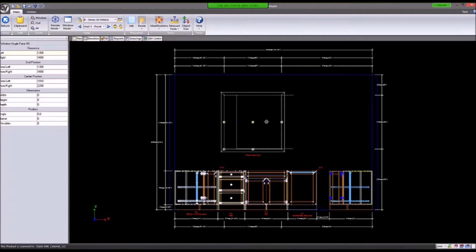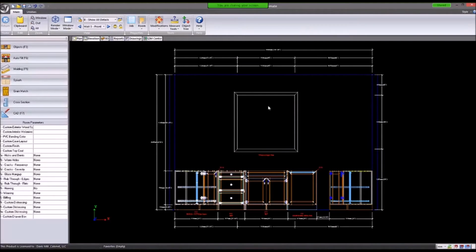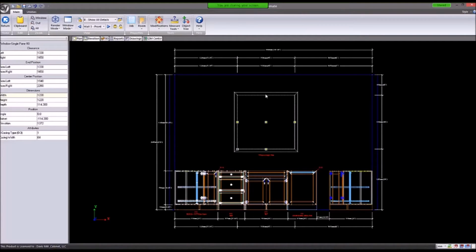I'm just going to eyeball it here. I'm not going to worry about working out the math to center that and over the sink and that kind of thing, but since we're making up this room as we go anyway. Alright, so what I wanted to show you on this window is, and this is unique to our catalog over the automatic windows that are in Cabinet Vision,